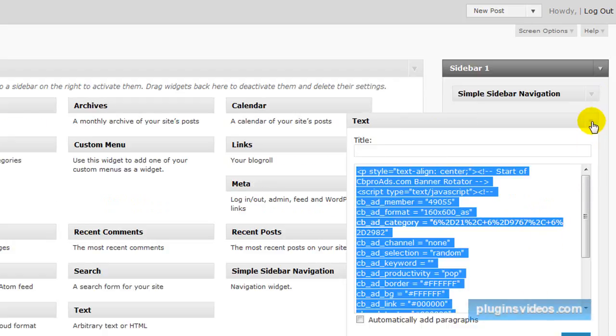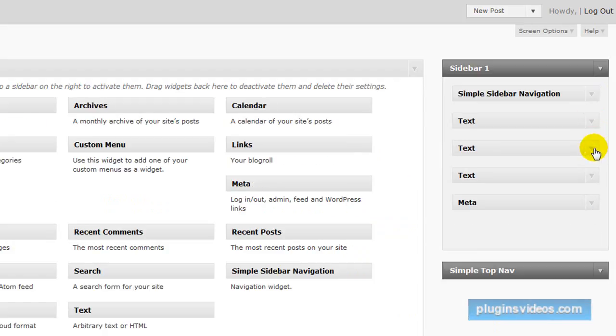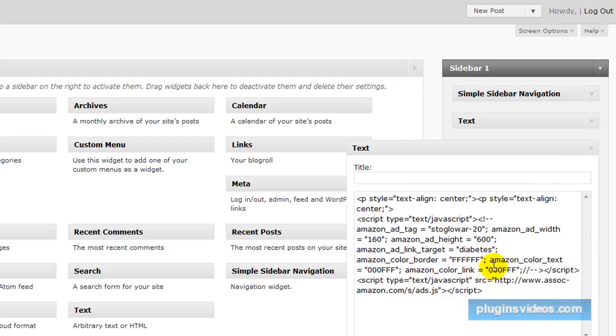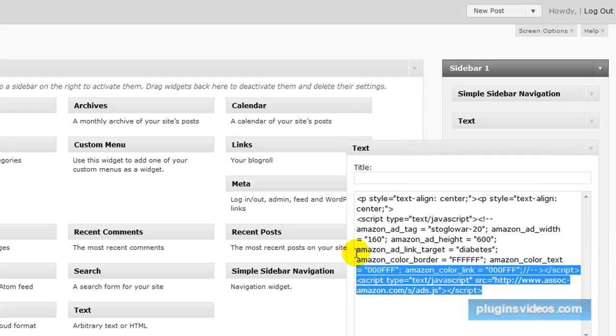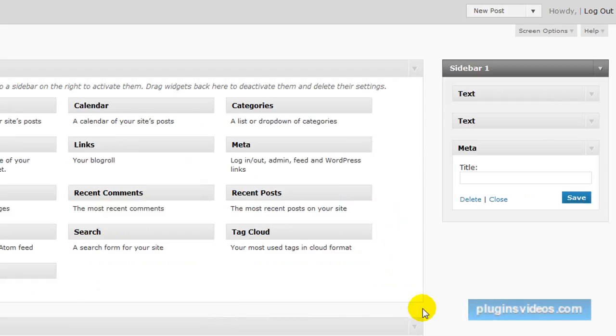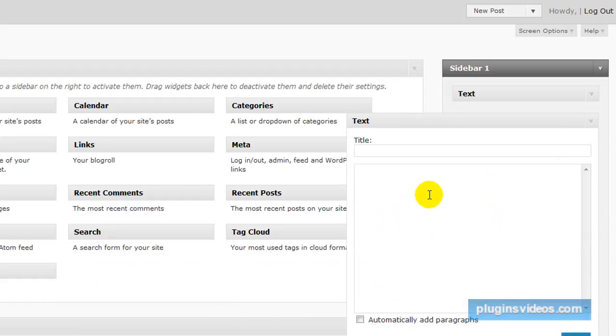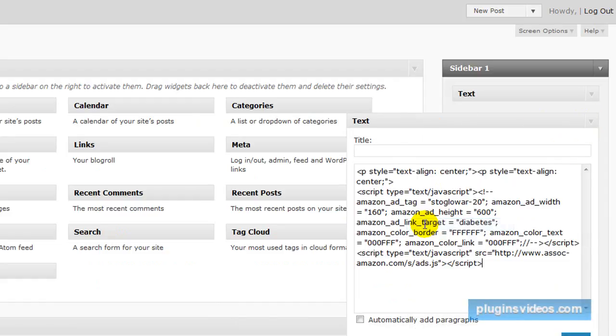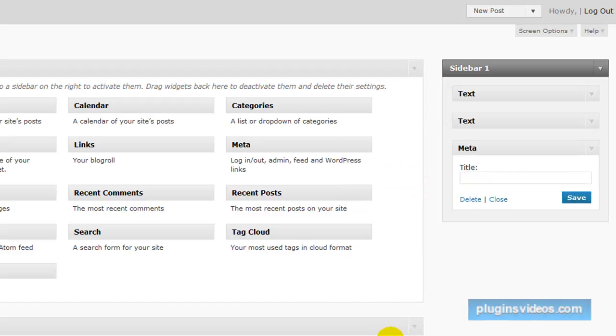So now we'll go back, we'll get another one. This one is Amazon. So copy, back to the other one, and we'll open the next text box and we'll put that in there. Paste. I'm going to take this keyword out of here, diabetes, that was from a different site, don't need it, and save. And what this will do is Amazon will automatically put ads in there that relate to your site. So if we go look at the site now,